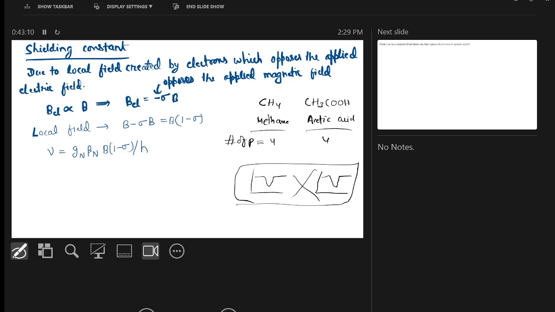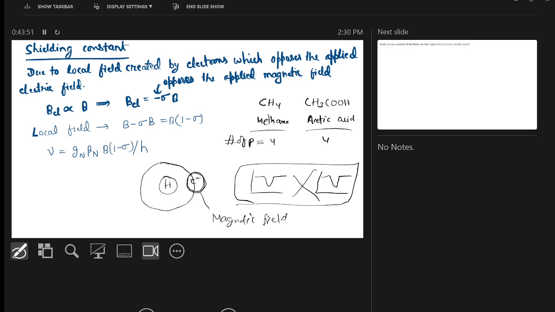And why is that? Because of the electrons present in the atom. Till now we were discussing the bare nucleus. But for an atom, and for a molecule, let's say we have hydrogen. This is your hydrogen nucleus, and this is your electron. Because of this electron cloud, you will have a magnetic field.